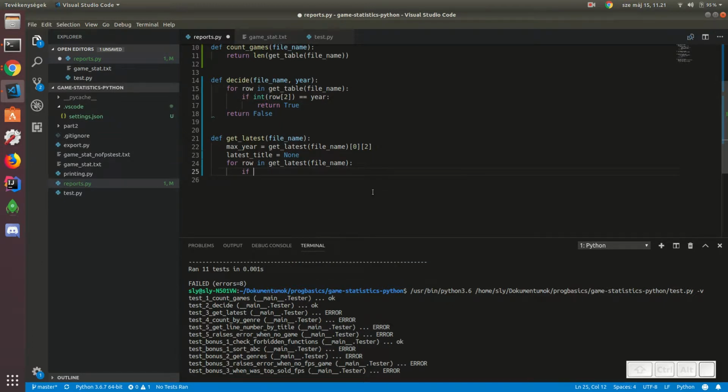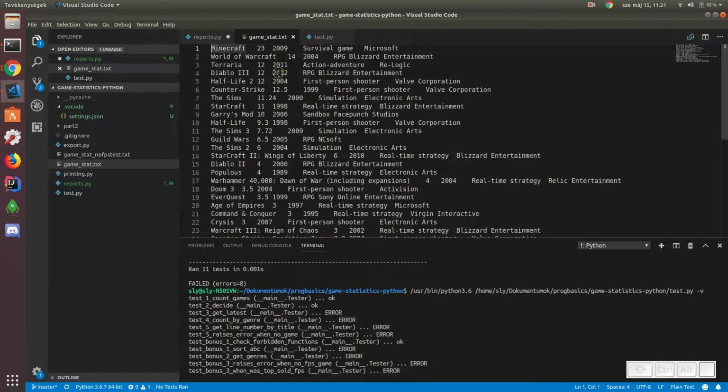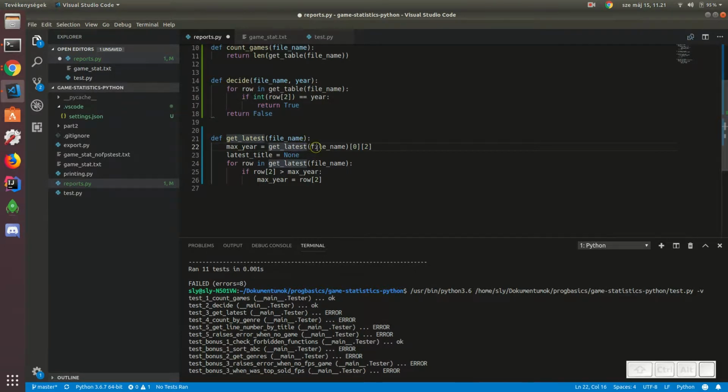And in the for cycle we're gonna do like if row 2 is greater than max year, then the max year should be row 2. And we learned in the previous example that we have to cast to integer, so we know it by now. So for example, here we also have to cast it because this is a string when we read from a file. So we have to do it like this. And of course here as well we have to cast it,